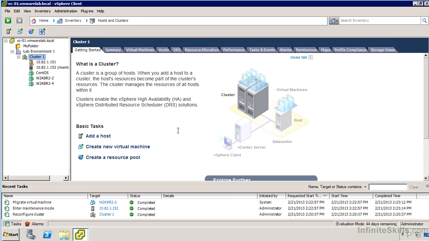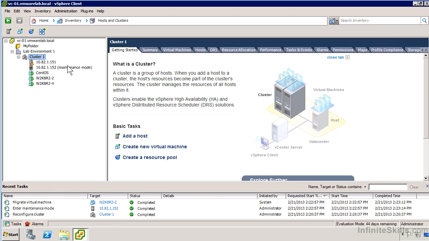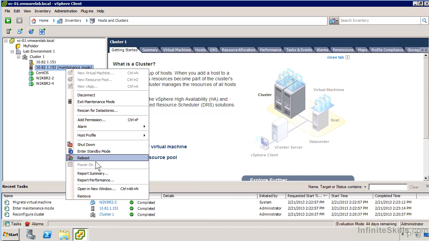Now that that's happened, we can see that the host is in maintenance mode, and I might want to go ahead and now do a reboot of that host or maybe shut it down to do whatever maintenance or whatever else it is that I need to do. When I've done that, if I restart the host and come back in, it'll stay in maintenance mode. I can verify that it's working the way I expect. Maybe I'll be